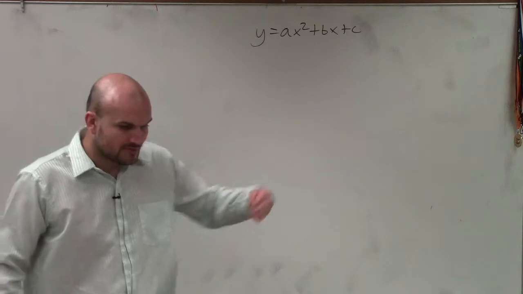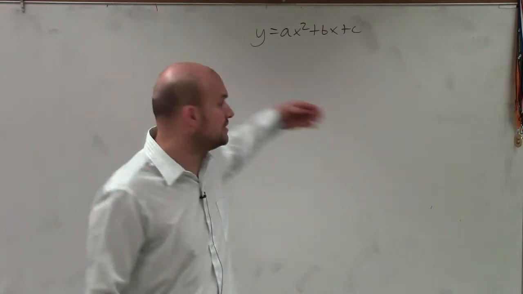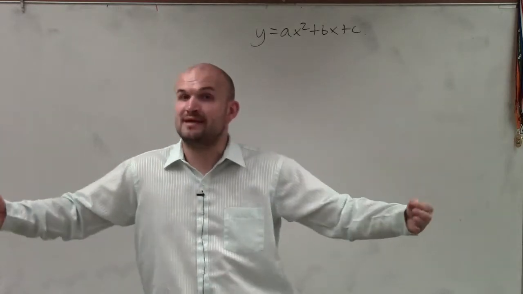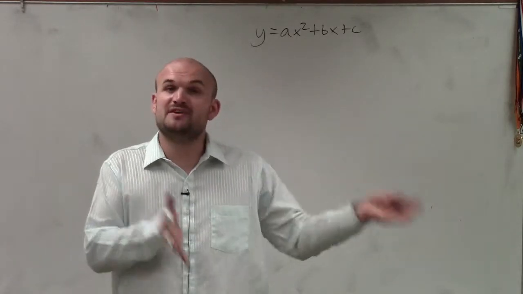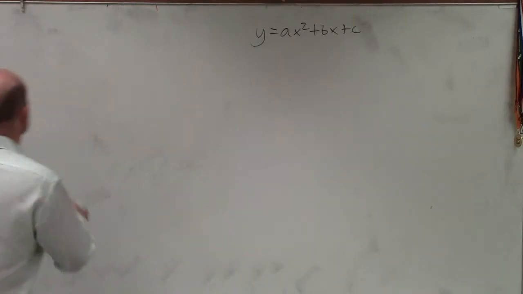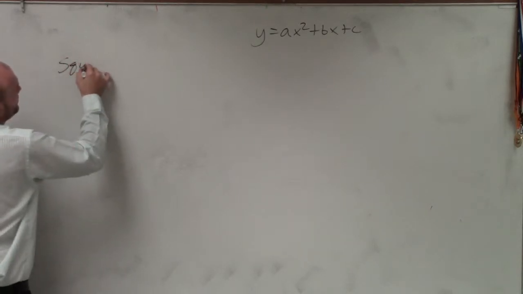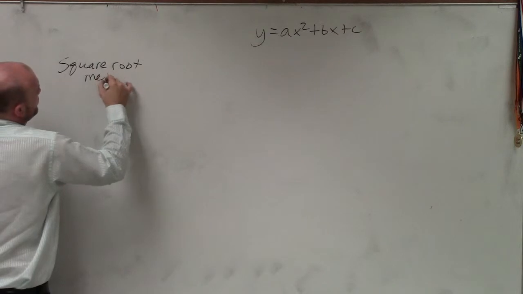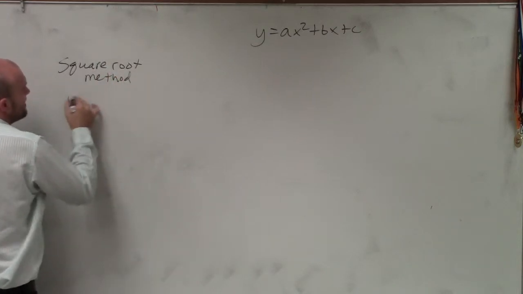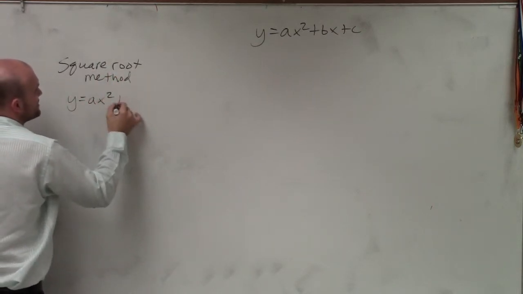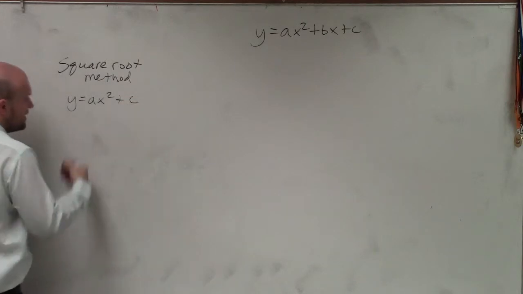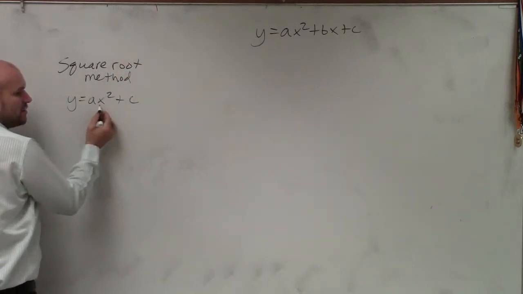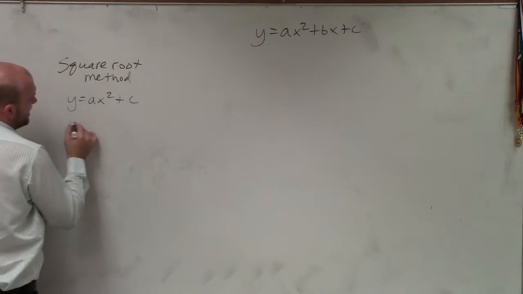Now, if we have a quadratic that only has our ax squared and our c, we can use the square root method, which would be very similar to solving a linear equation. So the first method that I'm going to note is the square root method. We use it when we have a quadratic in the form of ax squared plus c. Therefore, there's only one variable. It's squared, so it's in quadratic form, but it's only one variable. So therefore, y equals